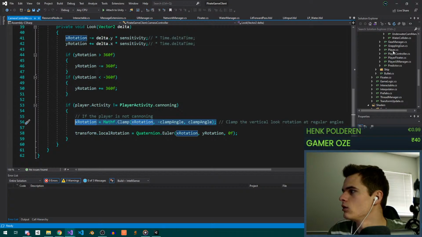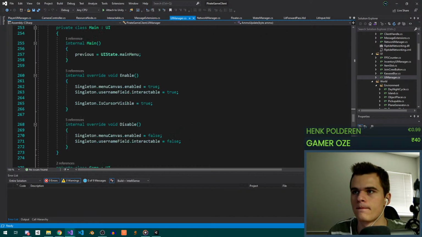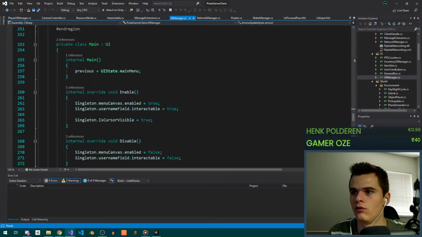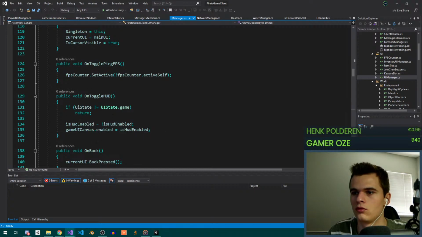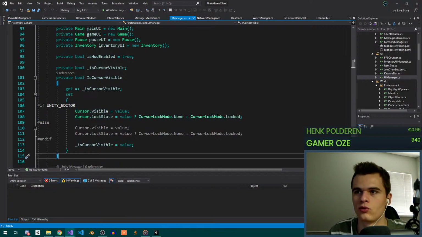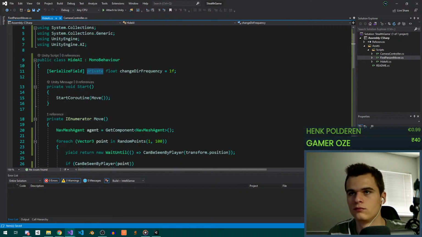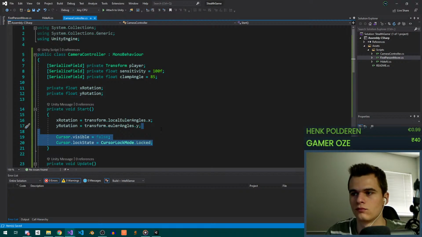Also, I have a... No, not that. I need the UI manager. Where is my... Somewhere in here I have a method that toggles the cursor visibility. This one? No. Here, this. I'm actually just going to copy this whole thing. Get rid of that, and then